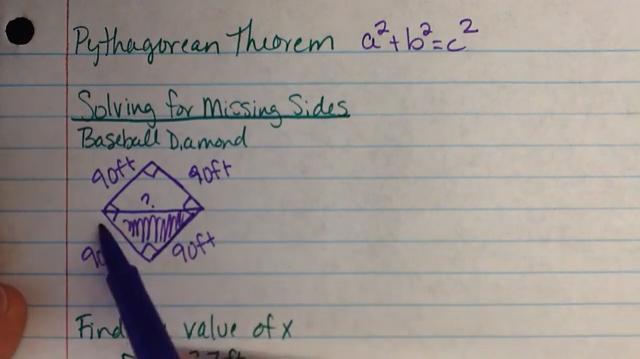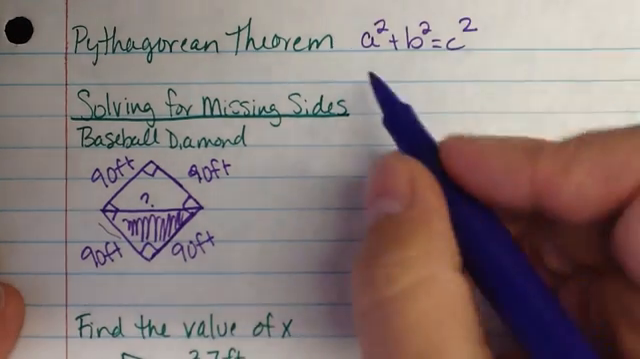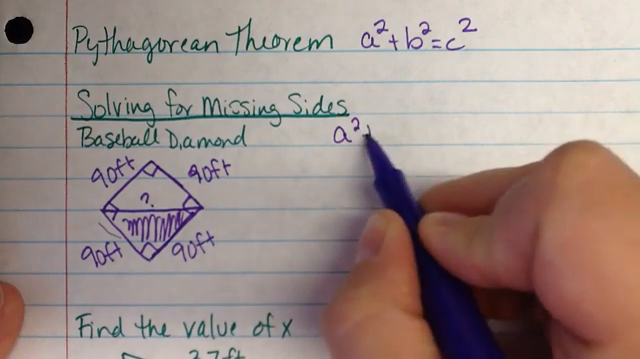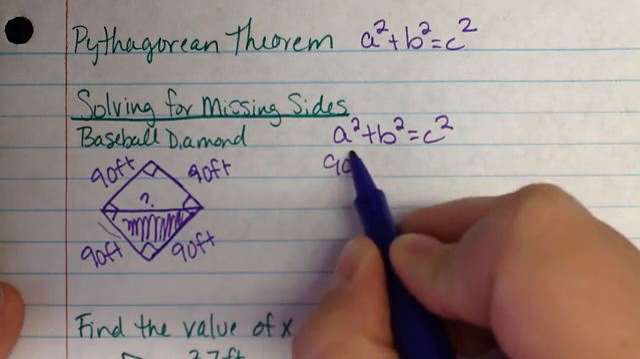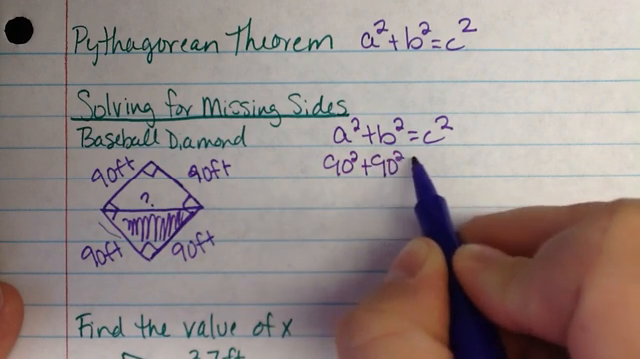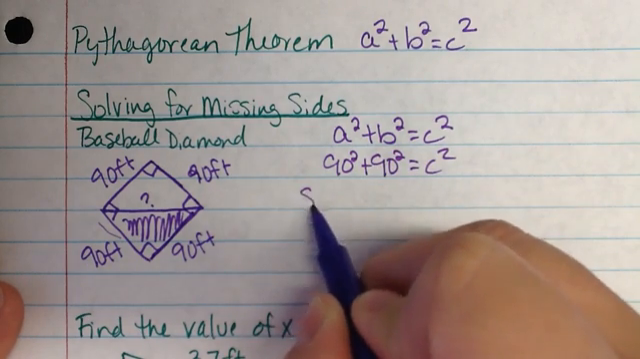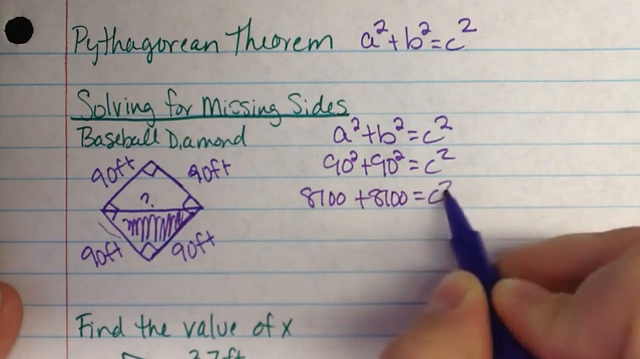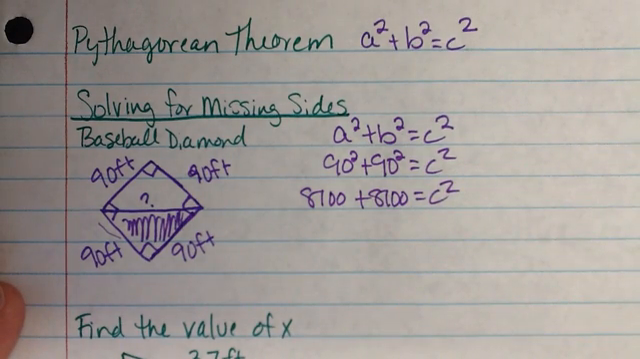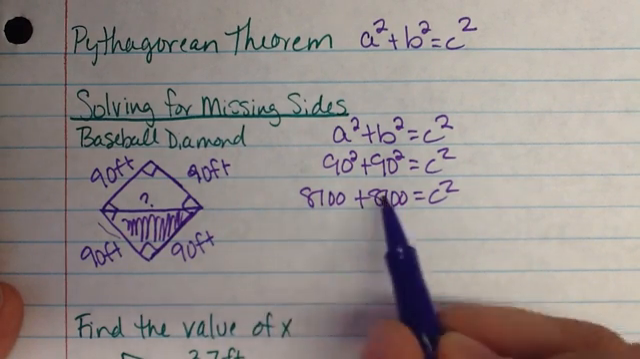The two parts where the lines come together and make the right angle are our legs, and they are A and B, so we're solving for C. So A squared plus B squared equals C squared. 90 squared plus 90 squared equals C squared. 8100 plus 8100 equals C squared. We add these two together over here and get